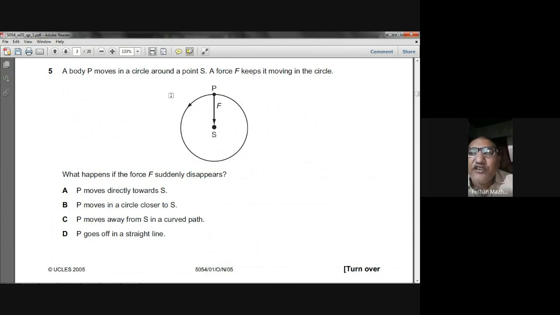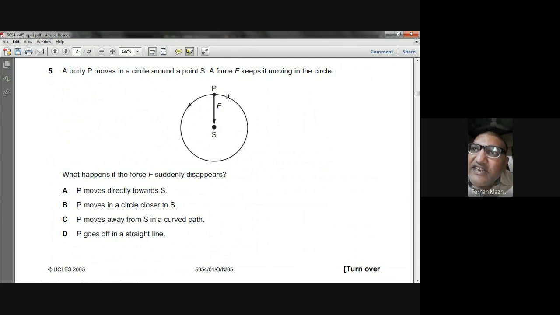P moves directly towards S. That is wrong. P moves in a circle closer to S. No. P moves away from S in a curved path. No. P goes off in a straight line. Yes, that is true. I told you that if you draw a tangent here, because the